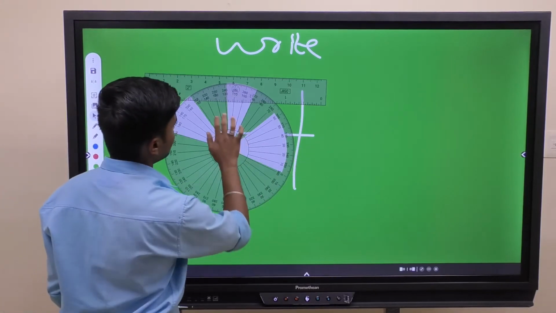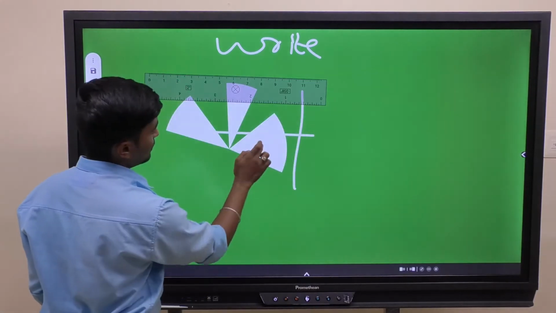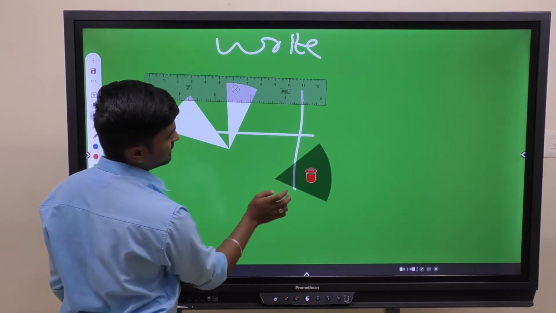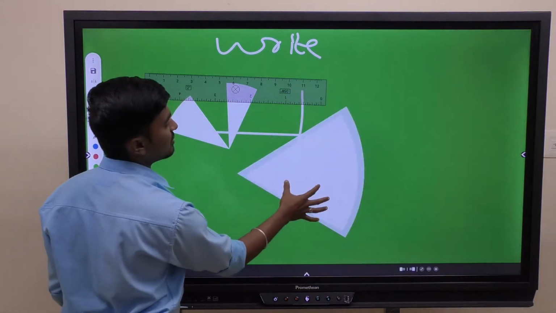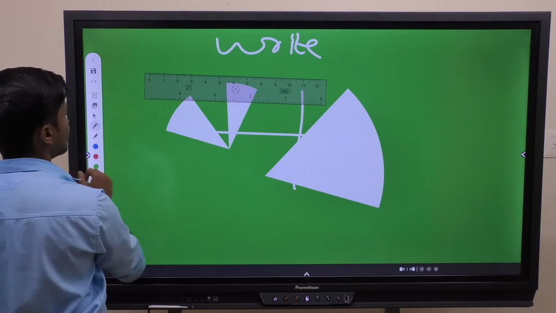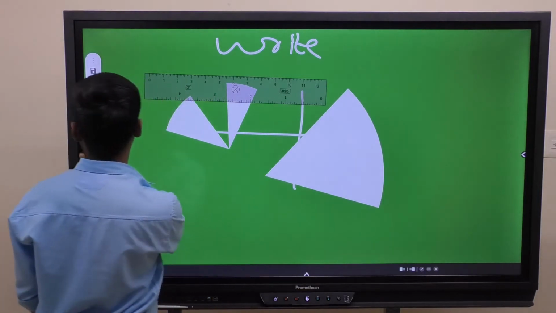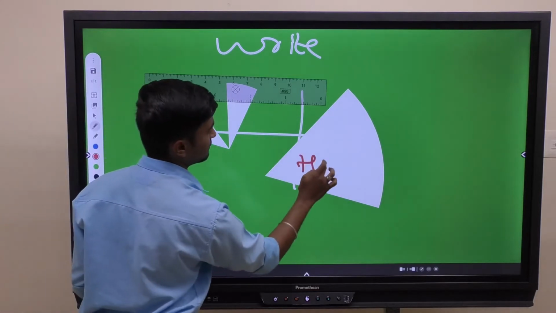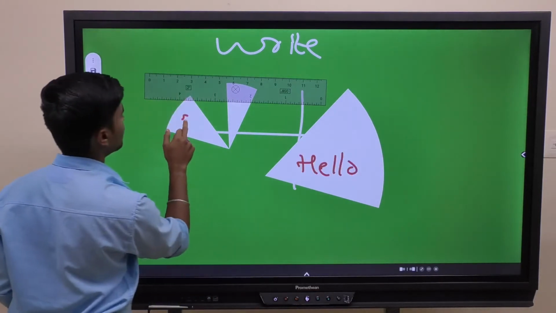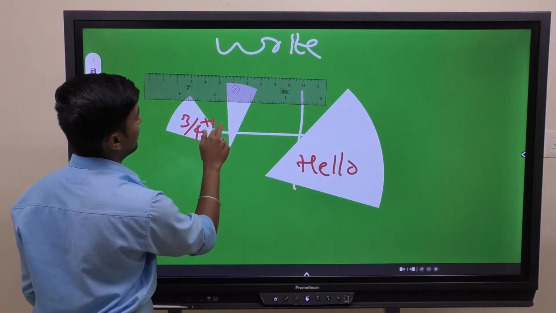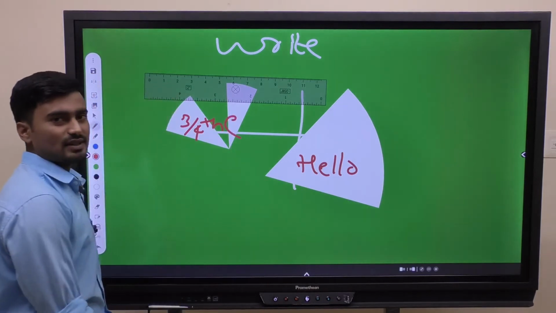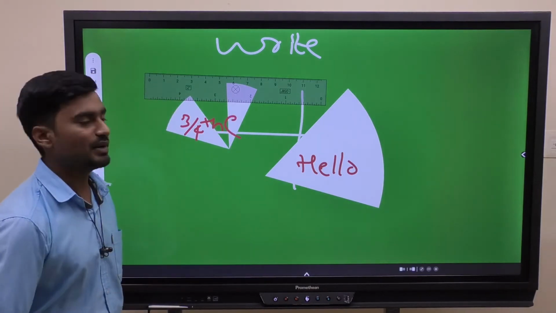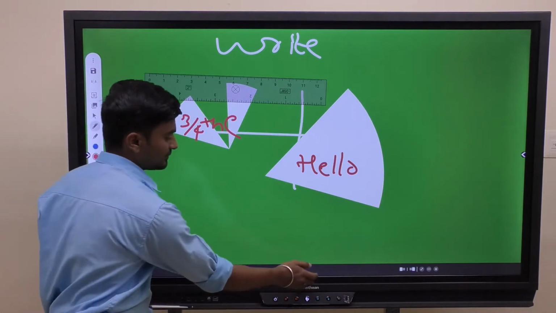Even we can choose this as a separate object, and we can increase or decrease it, and insert it, and write. This is 3/4 of the pipe, like this. Like this, a lot of activities can be done in the Android panel.